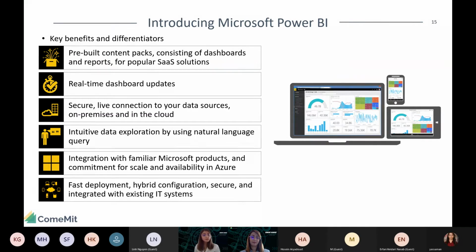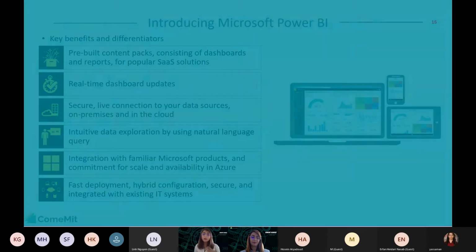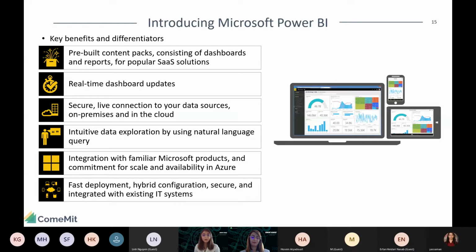You have intuitive data acceleration by using natural language query. It connects with Cortana. Honestly, I have never used it. We never had the necessity to use it, but I just know it works, and I will just inform you that it works. And you have also this possibility if you have any request further on in your work life working with natural language queries, feel free.